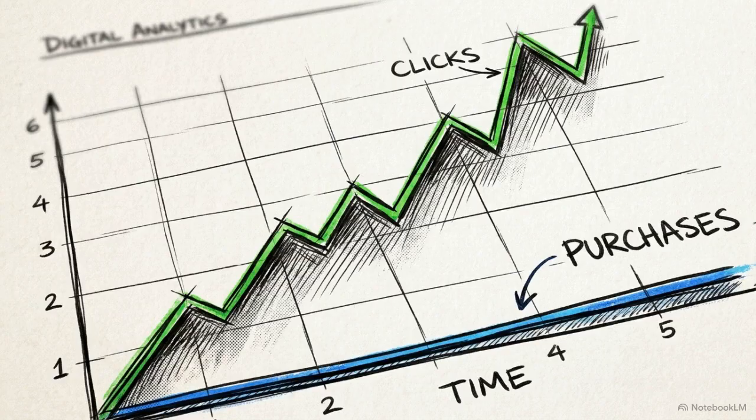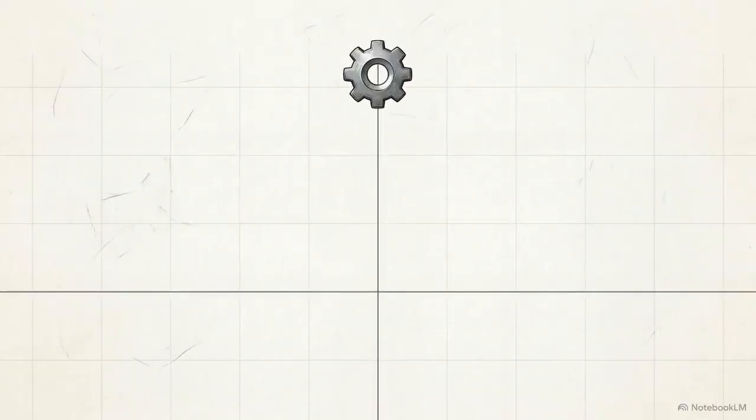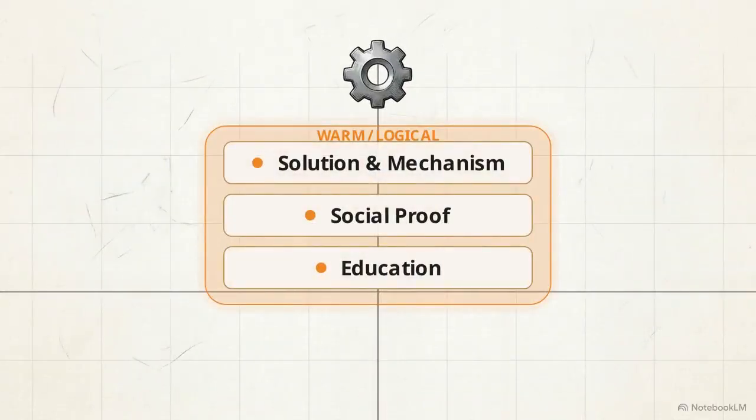High-friction archetypes are excellent for buying cheap attention. They are entirely incapable of buying long-term trust. Once prospects know they have a problem, their mindset shifts. They've seen 50 other ads promising to fix it, so they are highly skeptical. To reach them, we move to the warm, logical section of our chart.